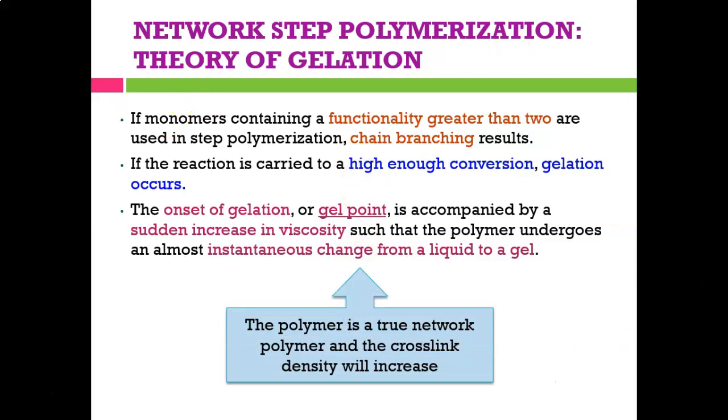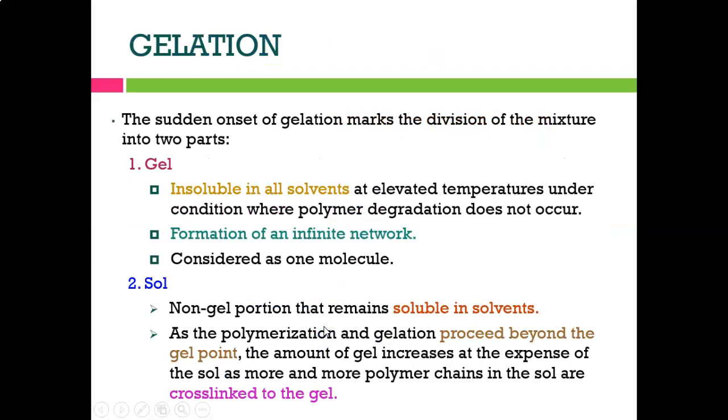And at the gel point it is a true network polymer and the cross-link density will increase. This is the definition of gel point. The sudden onset of gelation marks the division of the mixture into two parts, which are gel and sol. What is gel? Gel is actually insoluble in all solvents at elevated temperature under conditions where polymer degradation does